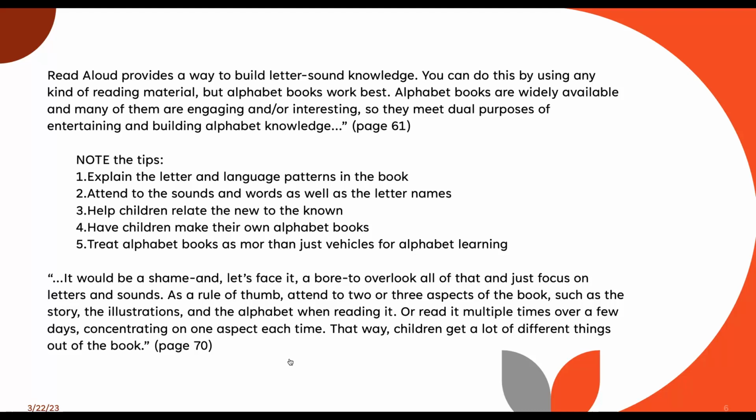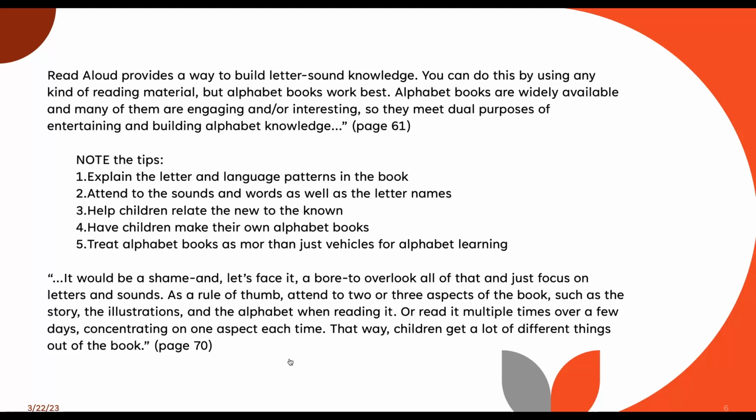The book thinks different, argues differently, and they make a really good point to it, right? But what they're talking about is exposure. And so then they give tips, and they gave 5 tips. And they explain them well. Like, explain that this is the letter and this is what word starts with that letter. So they make that connection that S is for sunflower and B is for boy, whatever it is in the book. Yes, attend to the sounds. So B is for boy. S is for snake. So you're going to emphasize that sound as well. That's appropriate when you're reading it, to emphasize that. But I'm not skill and drilling.